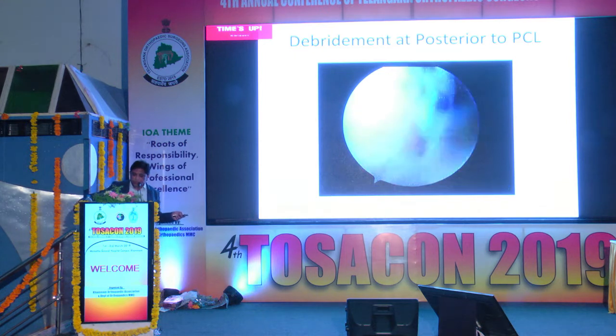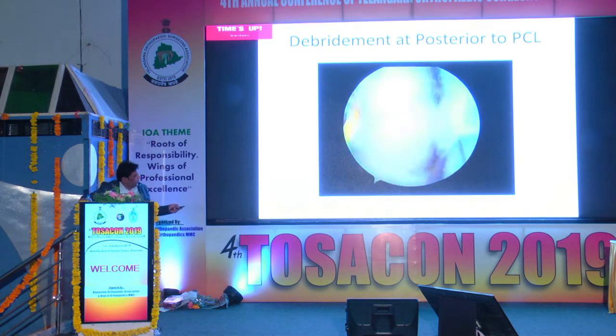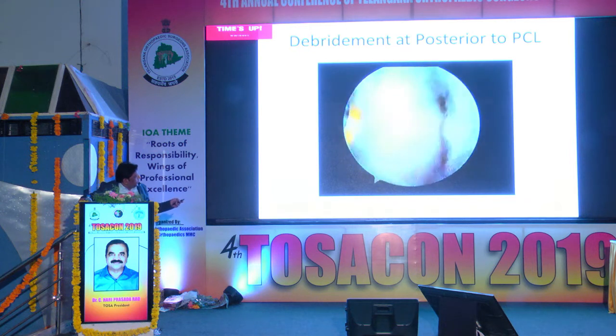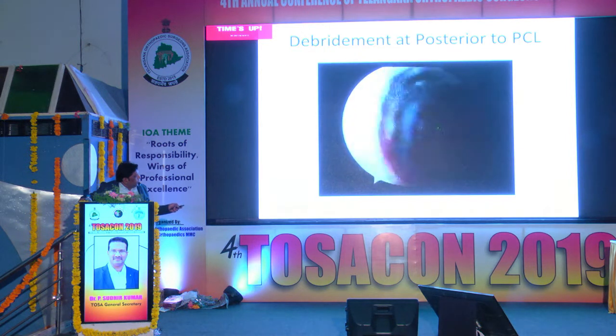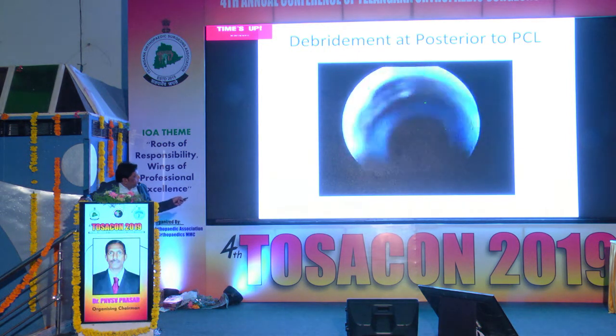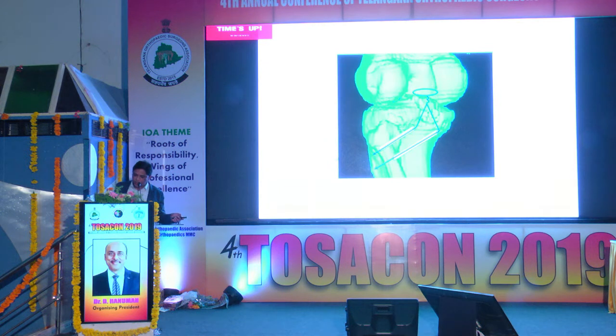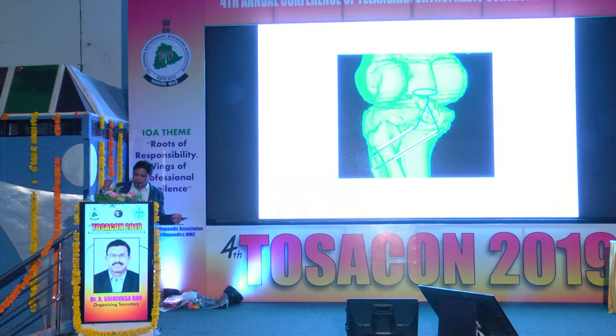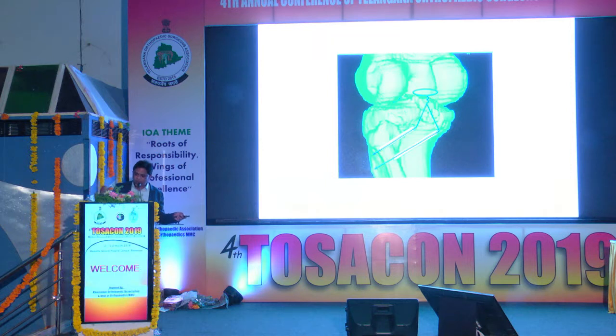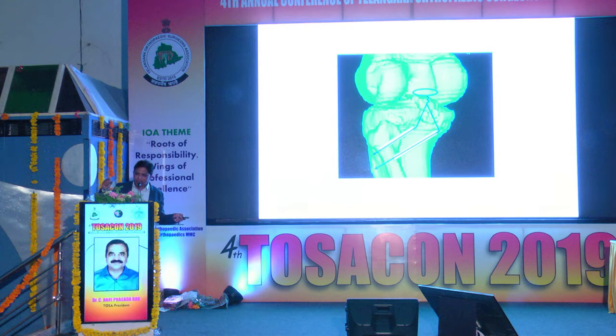You face your shaver towards the PCL side. So my PCL jig is holding the piece, and I am looking from the posterolateral portal, and this is debriding from the posteromedial portal. And then the next step is looping around the entire PCL and drilling, making tunnels in the tibia. 2 tunnels or 1 tunnel depends on the fragment length. If the fragment is very small, I will make a very small tunnel, 1 tunnel, and then I will pull the loop down for the reduction of the fragment.